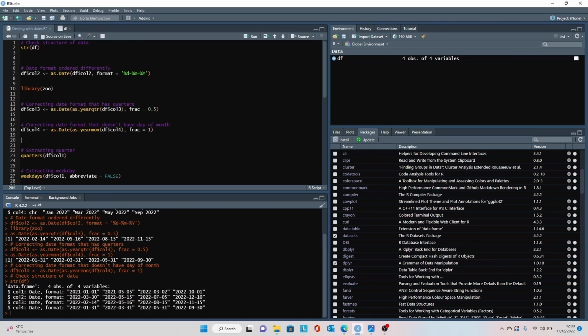Let's now move on to section 2, which is about extracting particular parts of a date. So you might want to create a column with either the year, the month, or the day of a date column. Okay, let's look at quarters first. We use the quarters function, and within that we put the data frame, the $ sign, and the column that we're interested in. So it's column 1. So if I just run that,